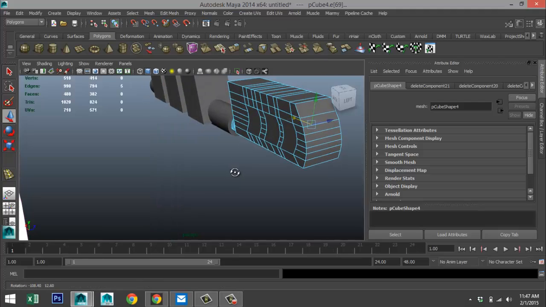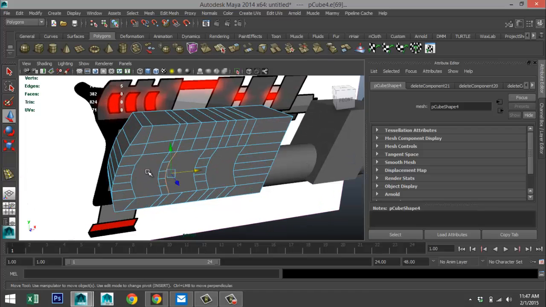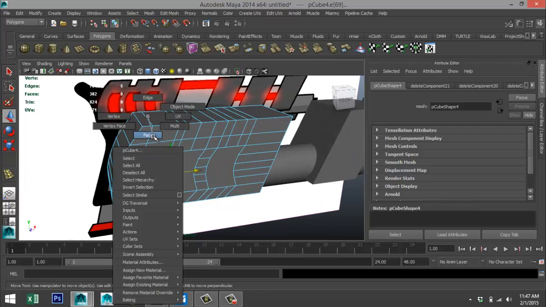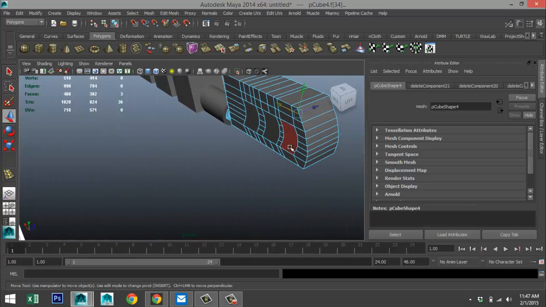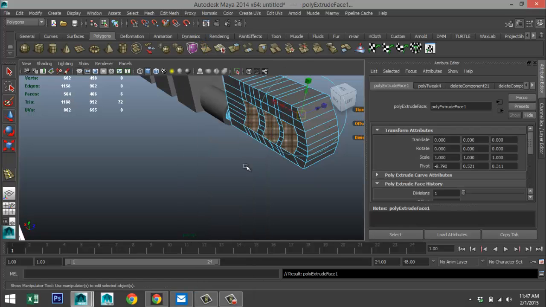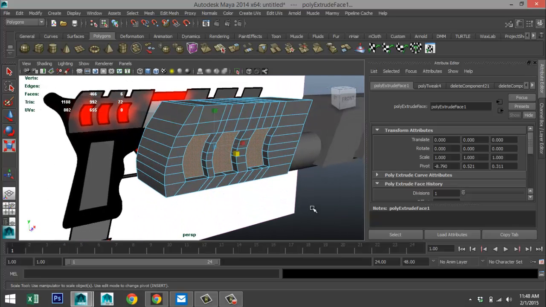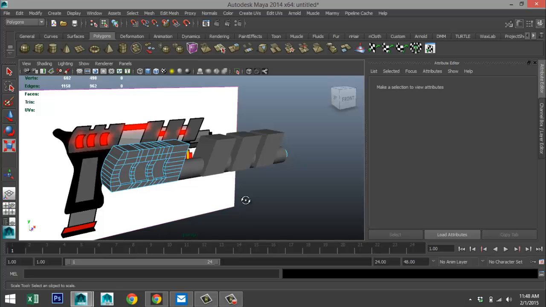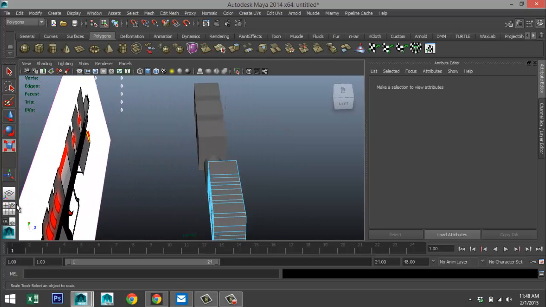We got these three shapes going on, which is good. And I want them to be pulled in. So right click face, take these three faces and these three, edit mesh, extrude, hit R and scale them in. That's fine. So we got that. And then we are going to get that guy aligned from the top.